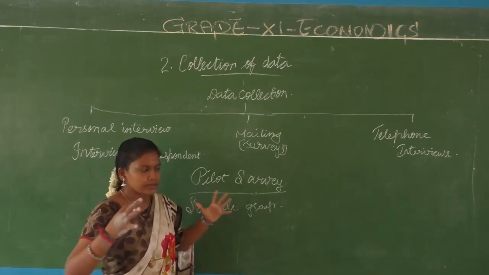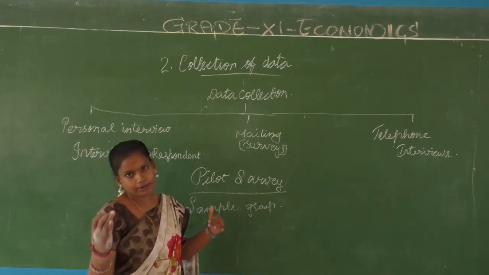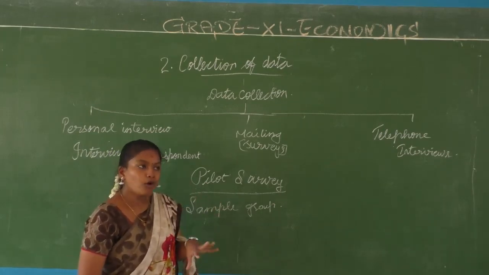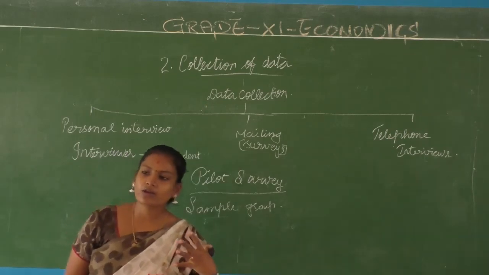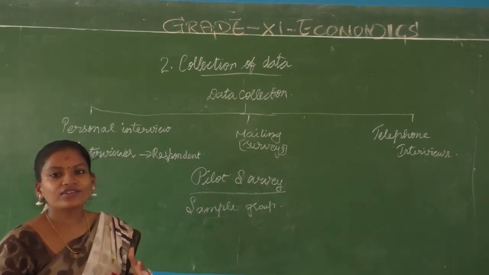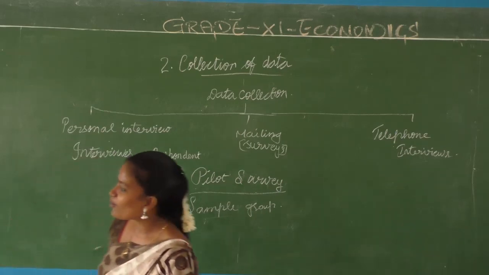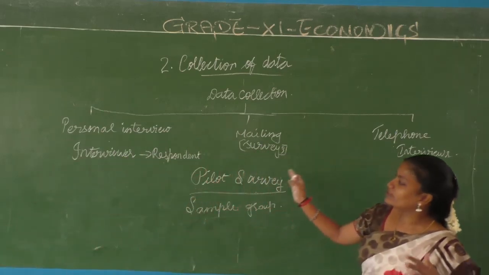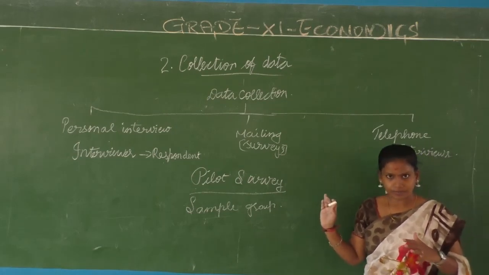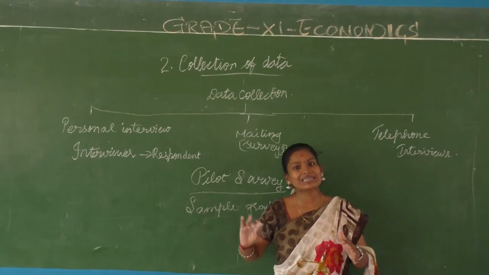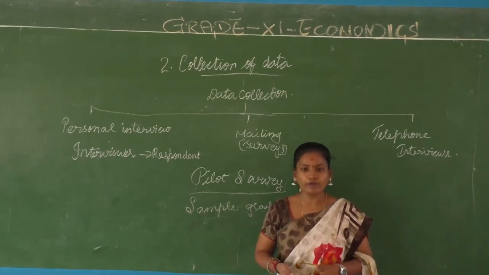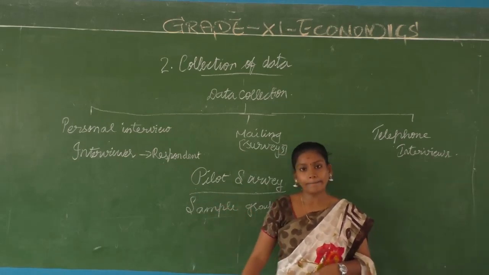When you are going to reach the entire country for a particular survey, you start with a small group of people to know whether your questionnaire and questions are right, whether you can go in the right order, whether it is going to confuse the respondents with the other questions, or whether anything is ambiguous. You can study the merits and demerits. Based on that, you can change your questionnaire and reach the big group. That is why we conduct a pilot survey.